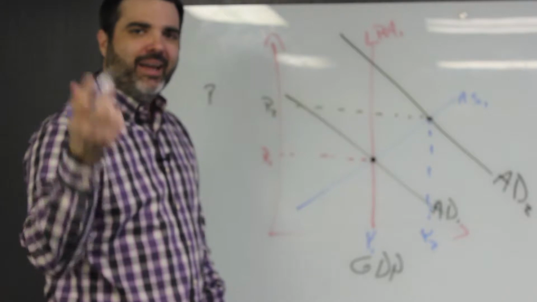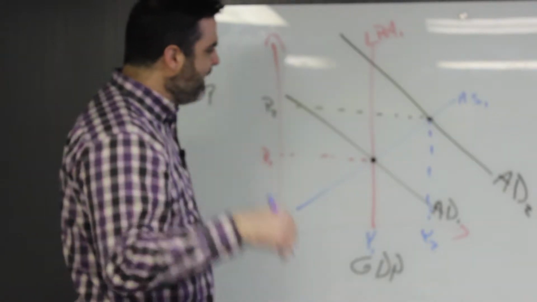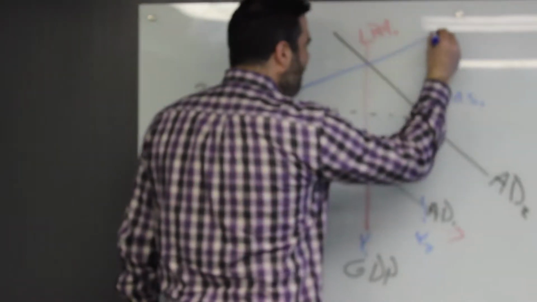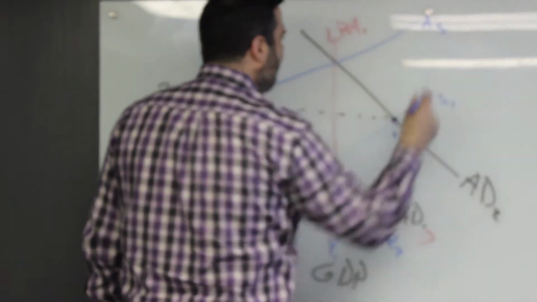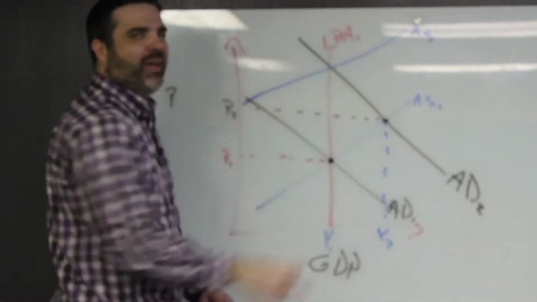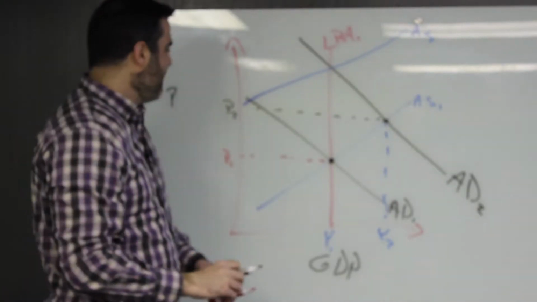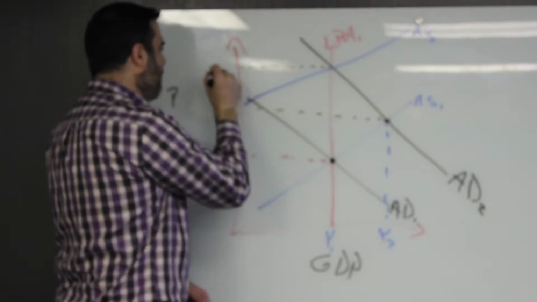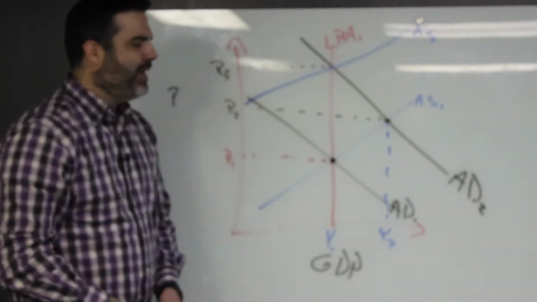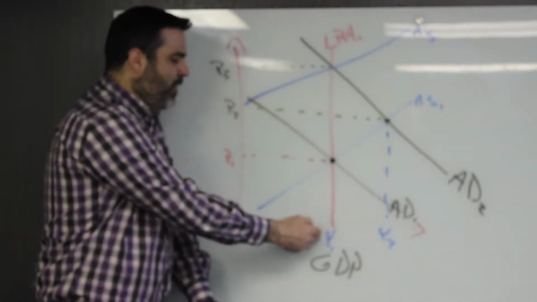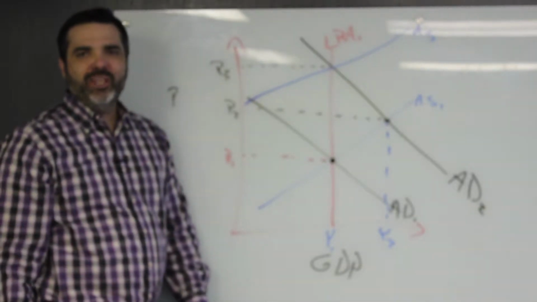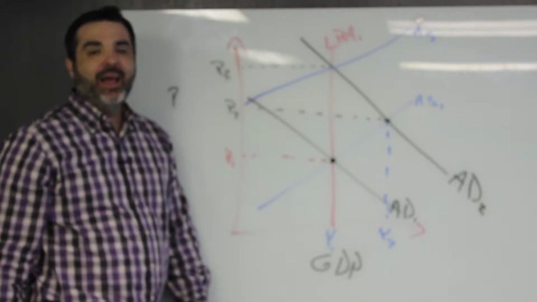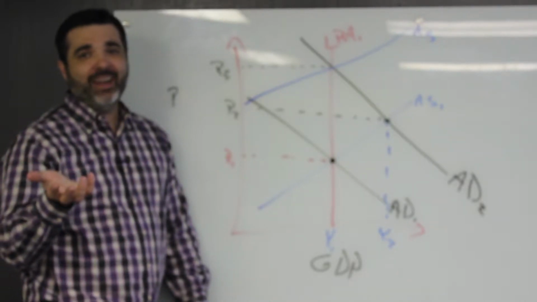And what did we just say? If labor prices go up, what's going to happen? This aggregate supply curve is going to go up until we make long-run aggregate supply happy. And what's going to happen? We're going to end up with high inflation, but long-run aggregate supply will always win, and we'll end up back at full employment. I would ask if that makes sense, but you can't answer me.